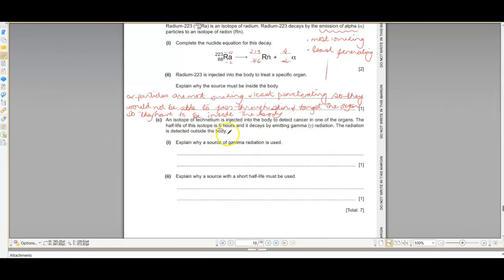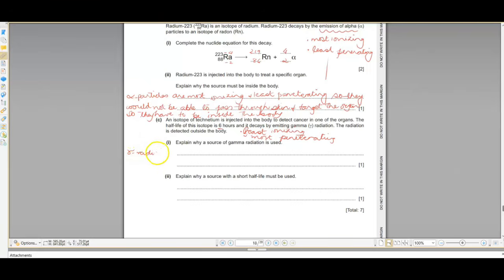Achha, a source of gamma radiation is being used because gamma radiations are the least ionizing and most penetrating. Okay, so they would be able to be detected outside the body when they are inside the body. So this is the basic reason. Okay, so we are going to write that